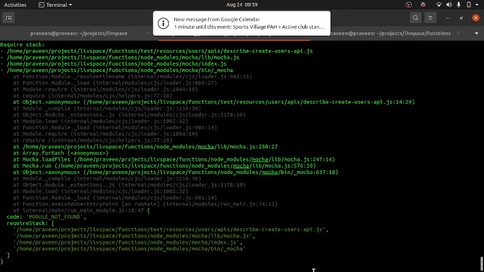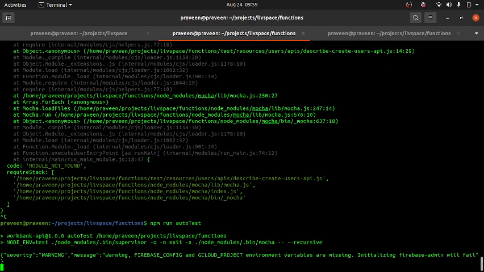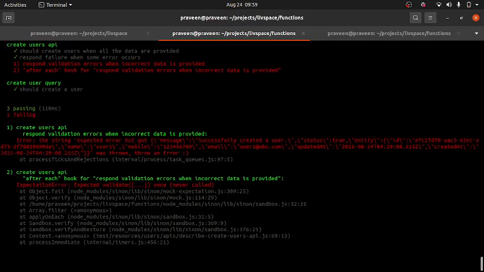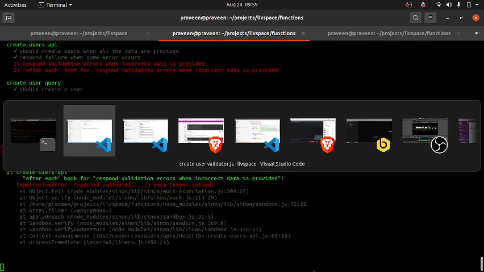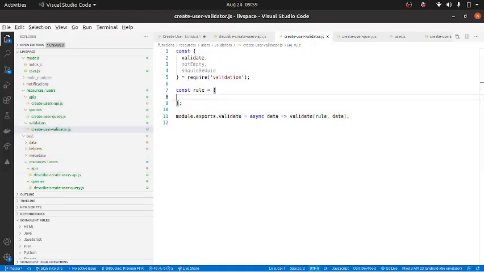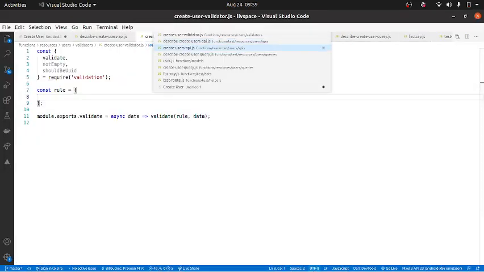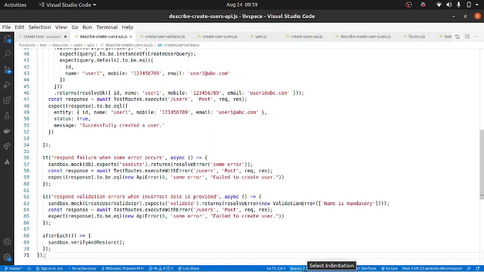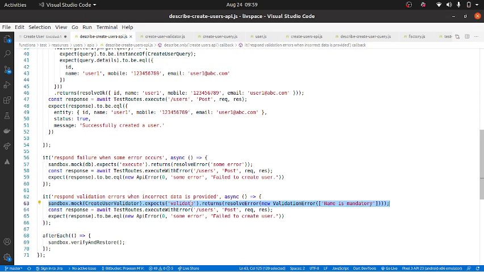So now if I run this, validate once, but it was never called. It is basically telling me, okay, I understand that if you go to describe create user, we are telling createUser.validate, you need to call this validate. It needs to be called once, but it was never called.